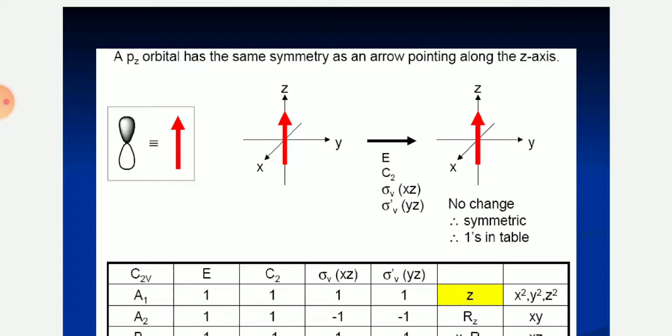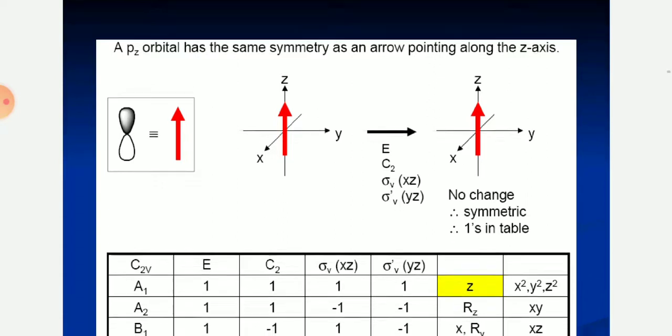So for this kind of molecule, like H2O, you have E, C2, sigma V, sigma dash V. Okay, now if you perform these operations and there is no change, then the molecule is symmetric, and so you have to put 1 for the particular operation.